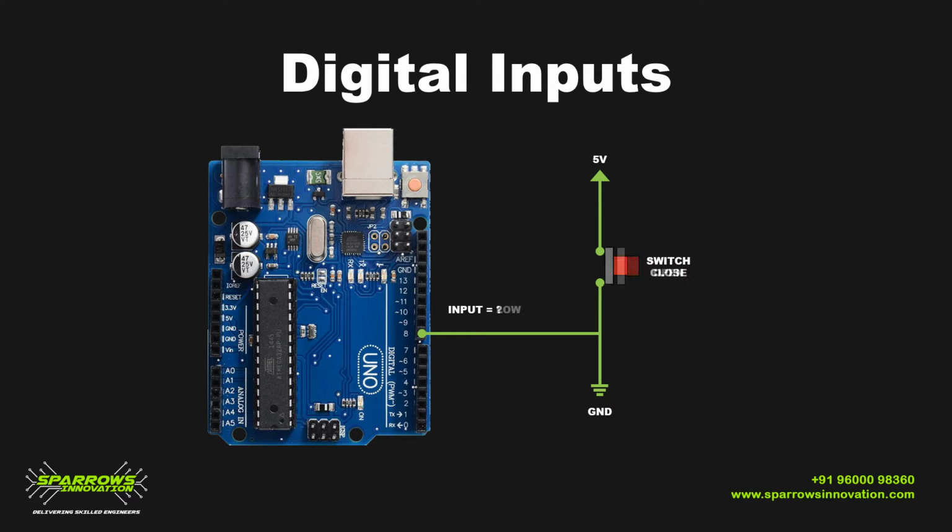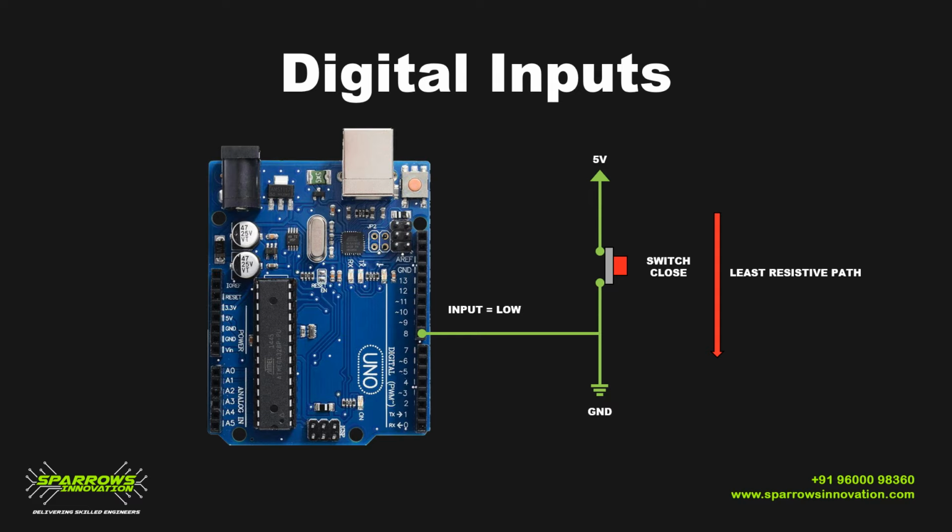In the same way, when the switch is pressed, what will be your input? If you think that 5 volt will be connected to that pin, so it will be logical high, then you are wrong again, because the ground is also directly connected to 5 volt and the current will always flow to the least resistance path, so the input will be low because the 5 volt is directly connected to ground when the switch is closed. To avoid that, my logic is, when a switch is closed, my input should always be high. When the switch is released, my input should always be low.